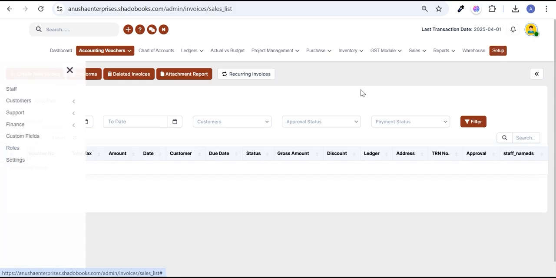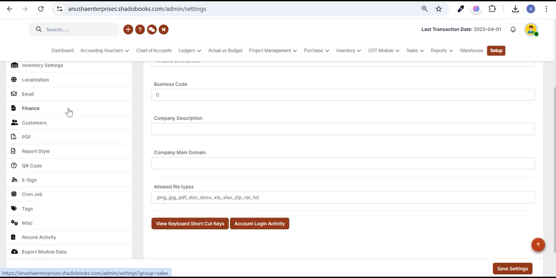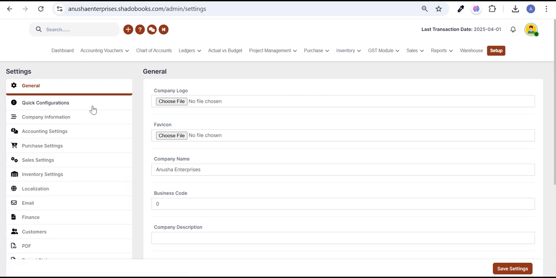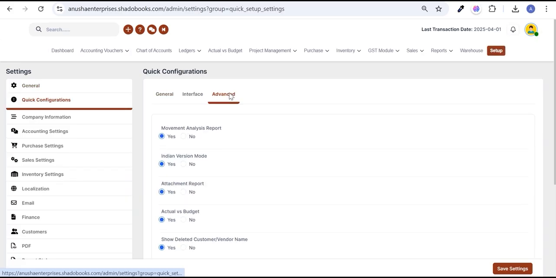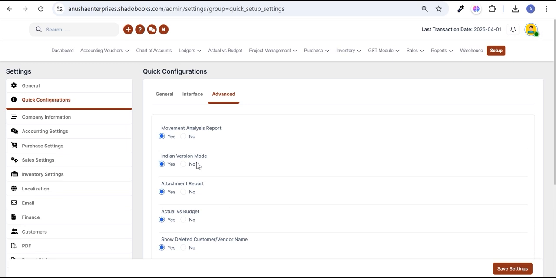And again, I'm going to setup settings. And the Indian version mode, if this is on, you'll get an additional GST module for the GSTR1 report and the GST 3 will